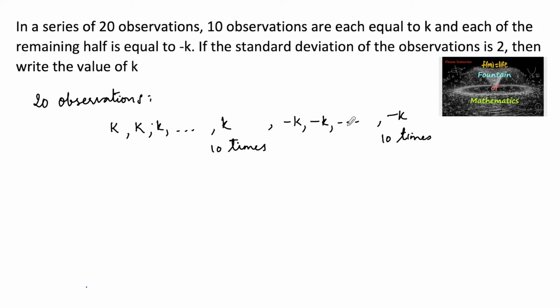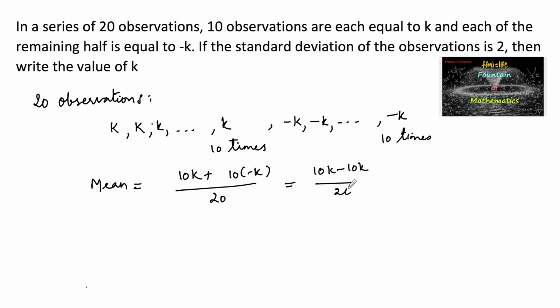are given. Then we can say very clearly the mean is equal to the sum of the observations upon 20. So here 10 times k plus 10 times negative k upon 20, which is 10k minus 10k is 0. So 0 upon 20 is 0. So the mean of the given observations is 0, and the variance of the observations, let us consider x is equal to,